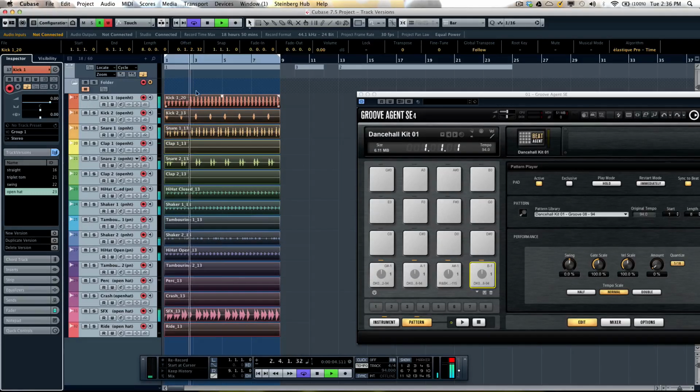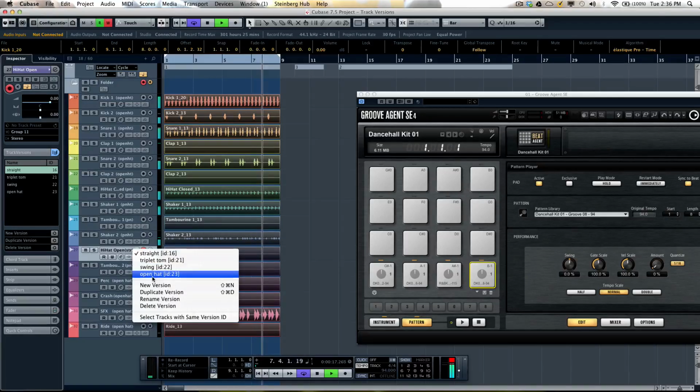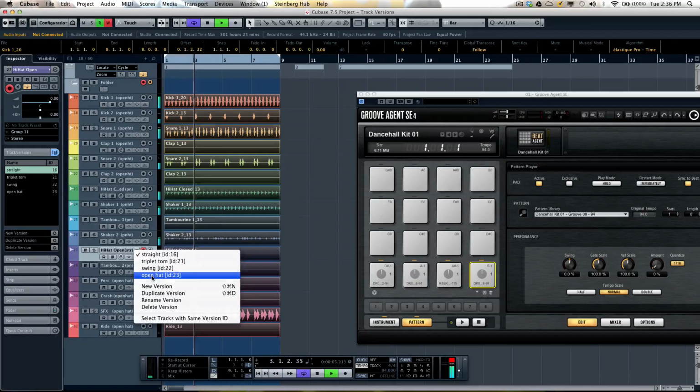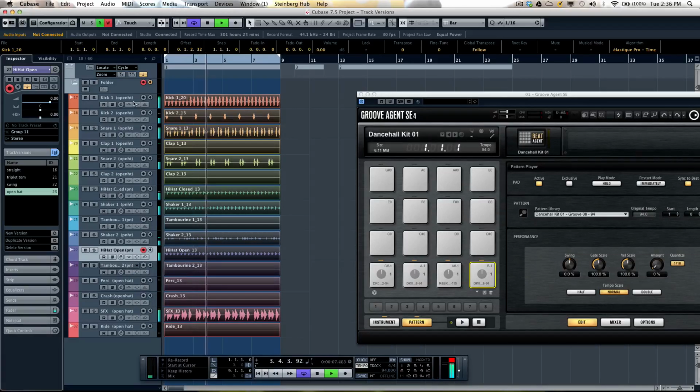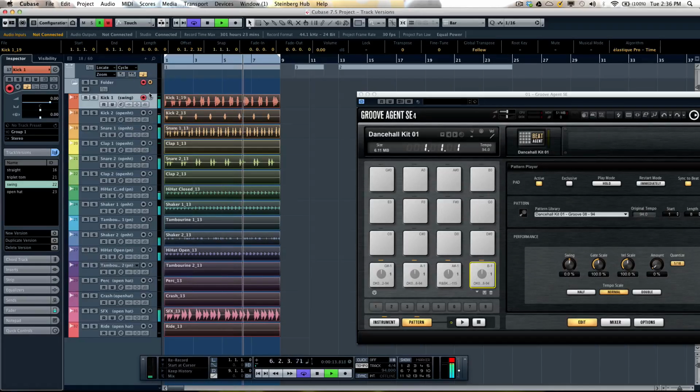Now, if I wanted to listen to different tracks from different takes, I could bypass the group editing. And let's go to just my open hi-hat. So say if I'm on the straight and I wanted to hear the open hi-hat version of that track, you'll see that as you click on the name, a little drop-down menu will appear here. Or if I wanted the swing kick drum,